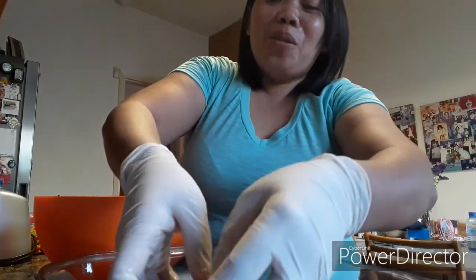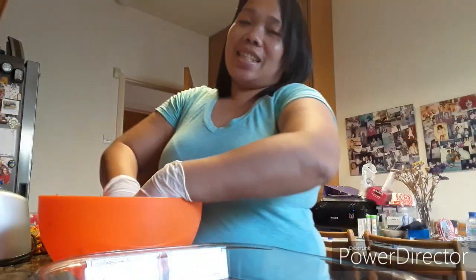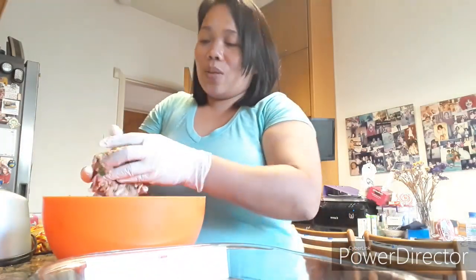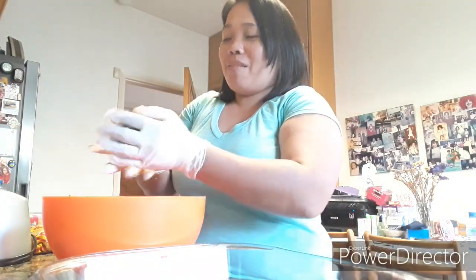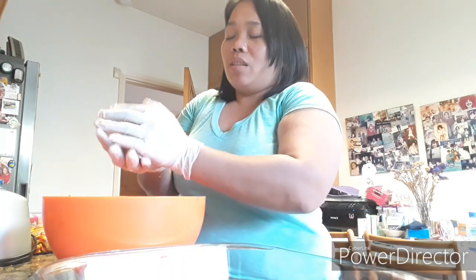And then we will arrange into a Pyrex to make it short, to make it fit every patty that you made. So here,